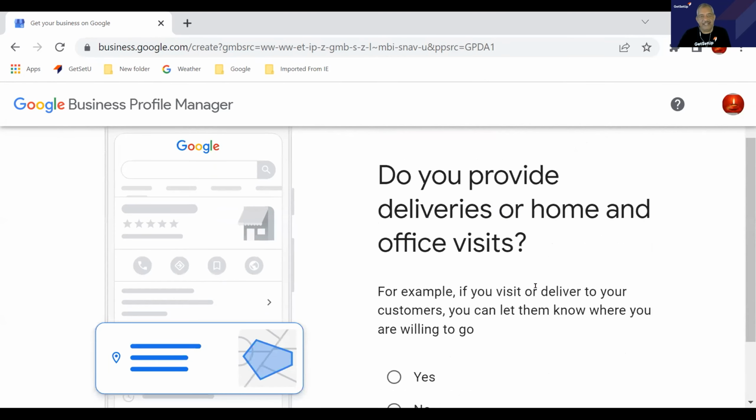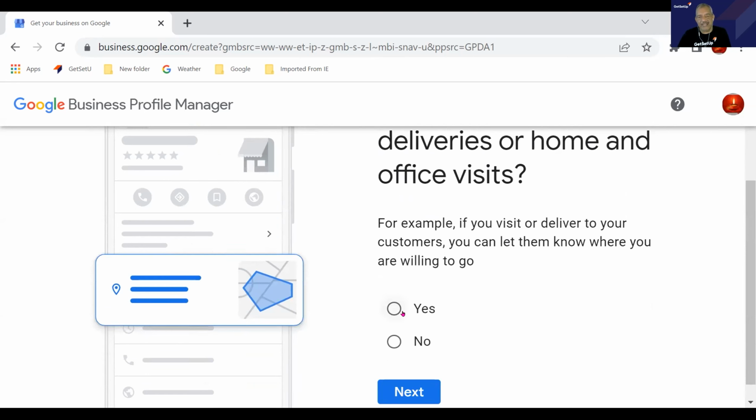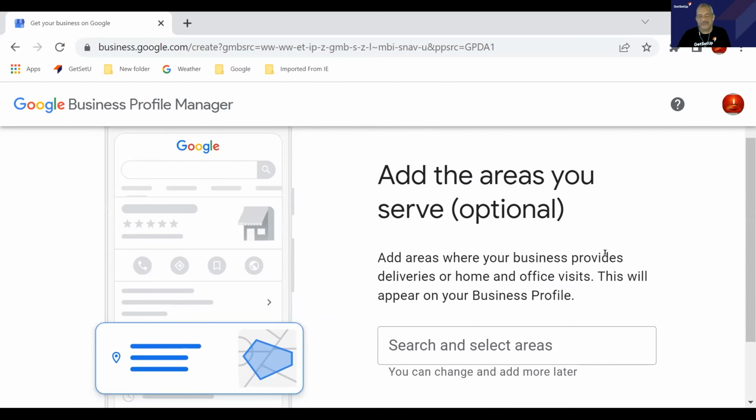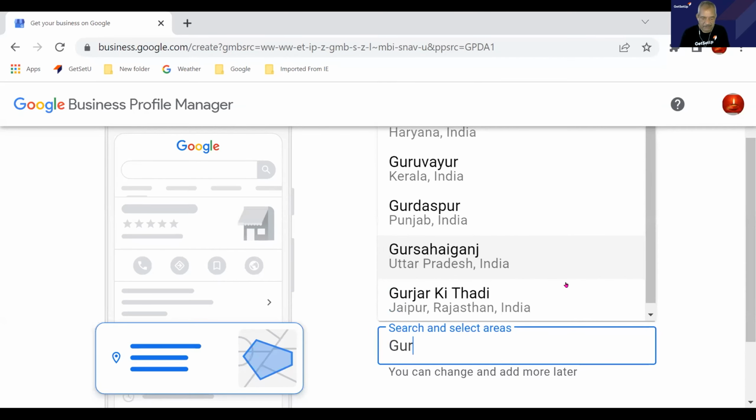It says, do you provide deliveries or home and office visits? I say yes, I provide office visits, and I hit next. It says add the areas you serve. This is optional. Till now, what we had to do was mandatory. Oh wow, first thing it is sending me to London. I don't want to go to London. I just want to stay in my area. Let me see, Gurugram,